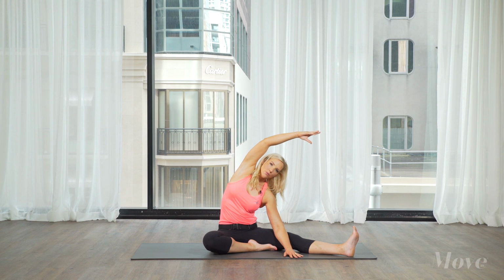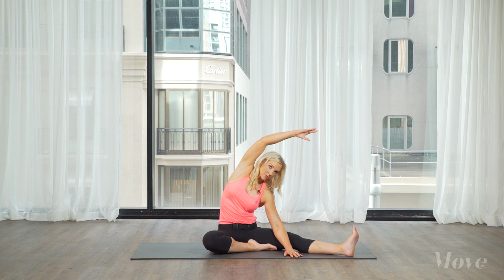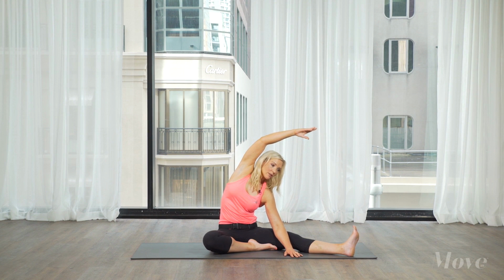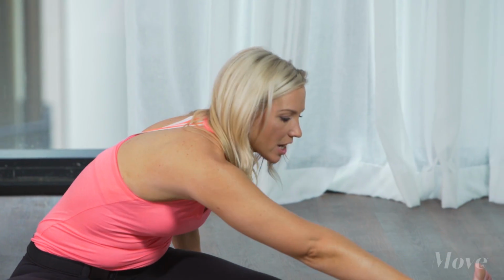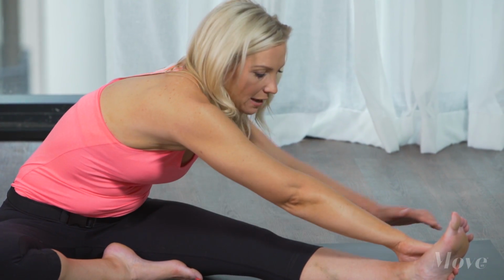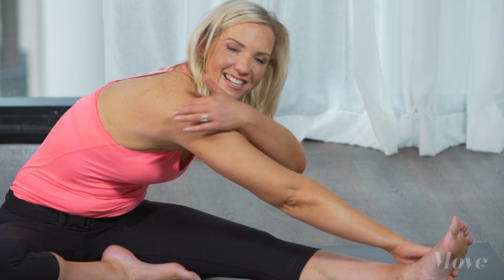Now on my count, I want you to look out towards your toes. You're going to be reaching your top hand to the outside of your extended leg. If you can't reach the outside of your foot, just go to the outside of your calf muscle. In 3, 2, twist the body, reach out towards that foot, and feel this amazing stretch that is now running